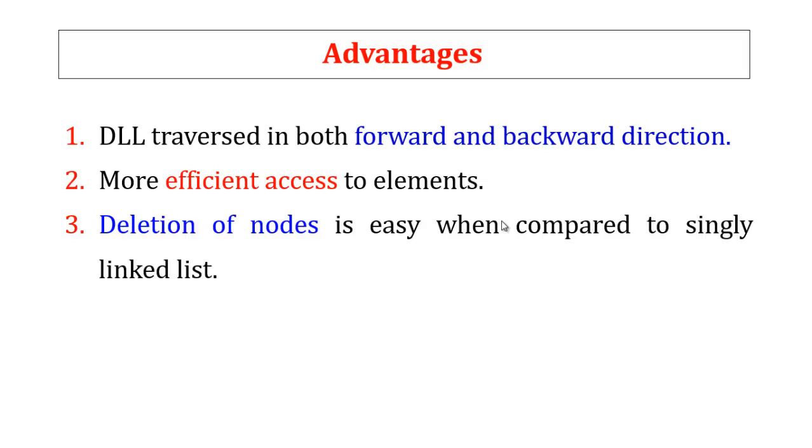Okay, how are we able to delete at first, last and middle? Because when you are going to find a certain element in a singly linked list, we have to find the previous node in the list. Only then can we delete the certain element. But here, using the previous field and the next field, we can easily delete an element from the given linked list. Okay, these are the three advantages compared with a singly linked list.